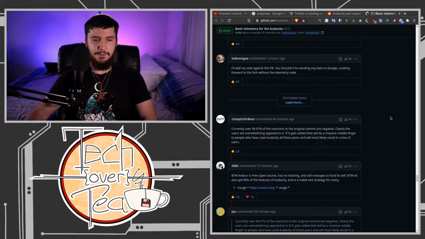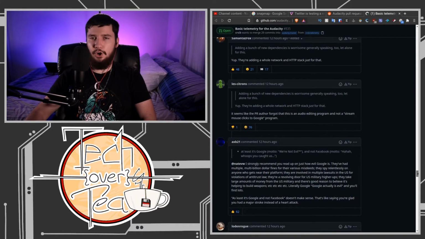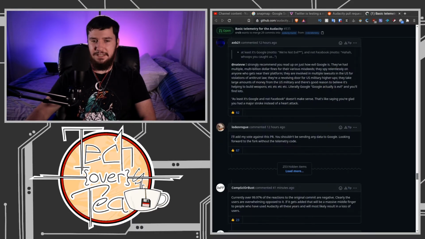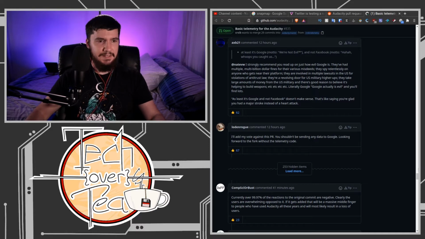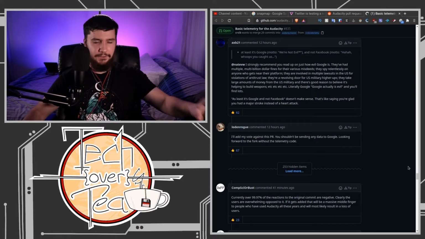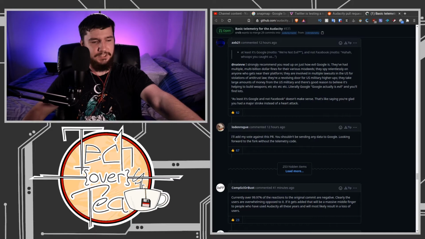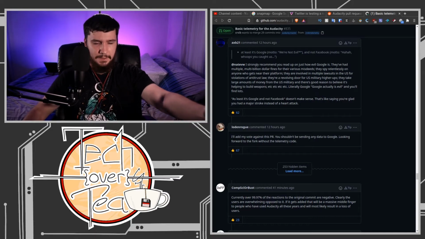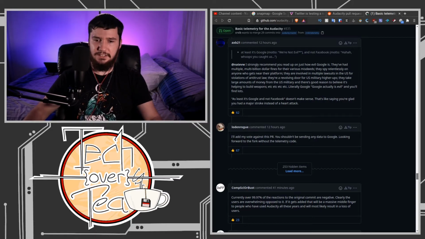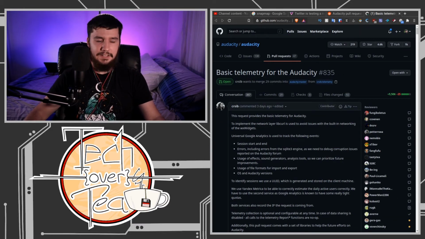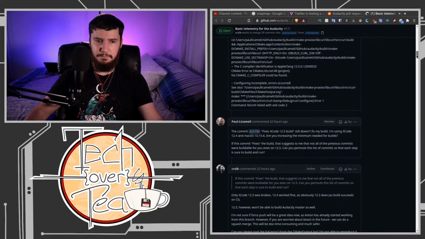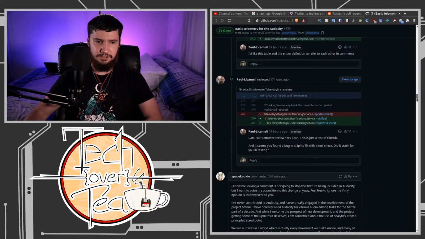Now, I don't have a problem with applications bringing in some form of telemetry. It should always be opt-in. 100% of the time, it should be opt-in. Firstly, it's a waste of development time, but if you're going to waste development time, at least make it opt-in. What they should have done is made an issue about it and be like, hey, is this something that you would be happy if we brought in? Not gone and written all of this code first, and then people are going to be like, no, that's fucking stupid. What are you thinking?